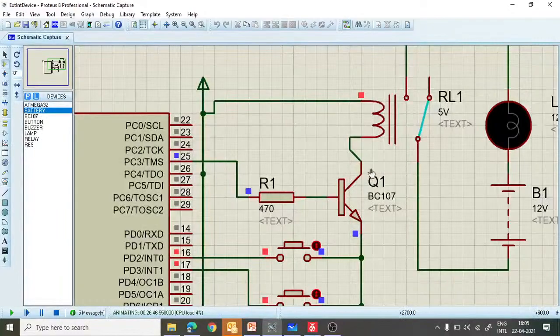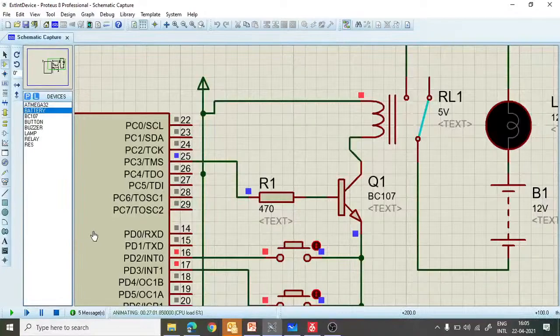So here we are using the transistor as a switch. The current will flow through the coil, and the relay will be energized. When the relay is energized, the device connected to that relay will also turn on. Whenever there is a logic 0 here, there is no base current, so the transistor will turn off because it is a switch, and with no base current there is no collector current. The relay will not energize and the device will remain off.